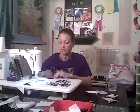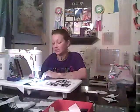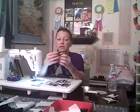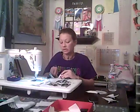So the next two would go together. I kind of put my pairs together as I'm chain piecing in the beginning. That way I just pull from the top when I'm ready, and I already have my sets of twos sewn together like that. Just snip them apart,